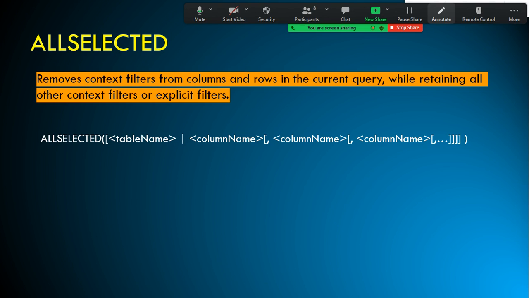But all selected and all except are also equally important. Along with this we will see time intelligence functions and other table manipulation related functions also. A few we will look at. And this Saturday or Sunday, instead of Saturday, we'll leave one day gap, because there are some recruitments going on and I have to be there in the call. And Sunday we will